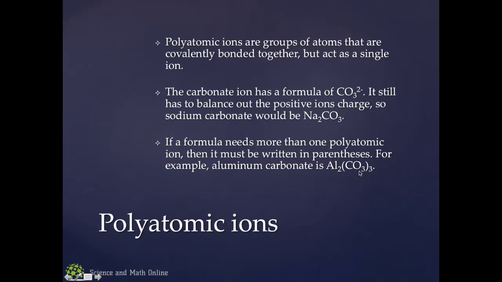If you just assumed that it was that 3, that would be the wrong formula. Because the whole point is that I needed 2 aluminums, but I need 3 carbonates. This 3 right here doesn't tell me that I have 3 carbonates. This 3 right here tells me that I have 3 oxygens. The only way to tell me that I need to have 3 of this whole thing is to put parentheses